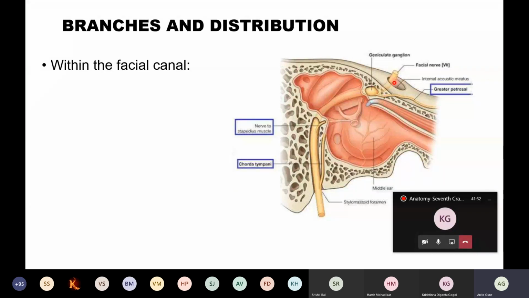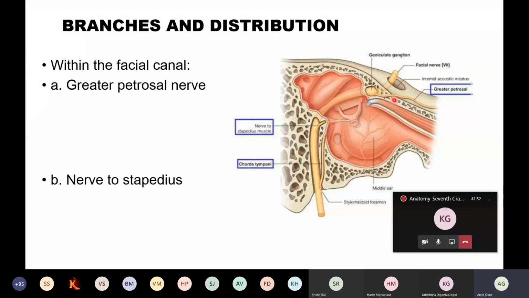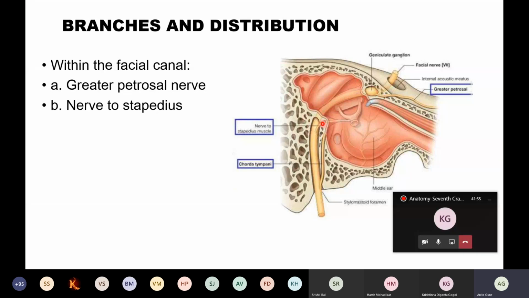we had seen the moment it enters into the facial canal, the meatal part it turns, and this turning part is called the external genu. From the external genu, there is a geniculate ganglion. Arising from the geniculate ganglion, we have a nerve which is called the greater petrosal nerve. And coming from the vertical part, we have one branch which is called the nerve to the stapedius. Going down below in the vertical part downwards, we have another branch which is called chorda tympani. We will see each branch in detail.